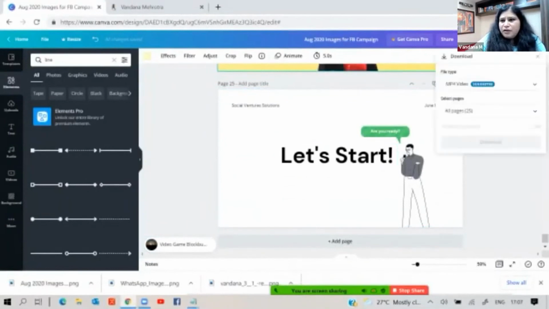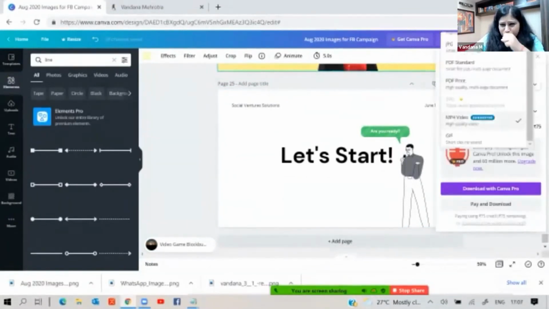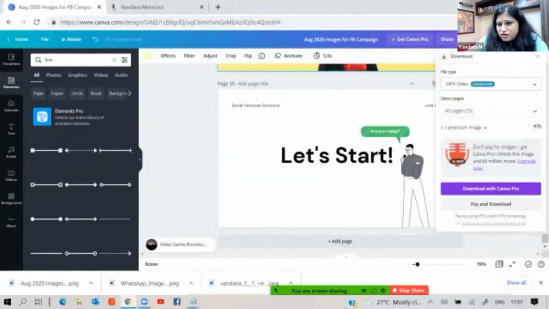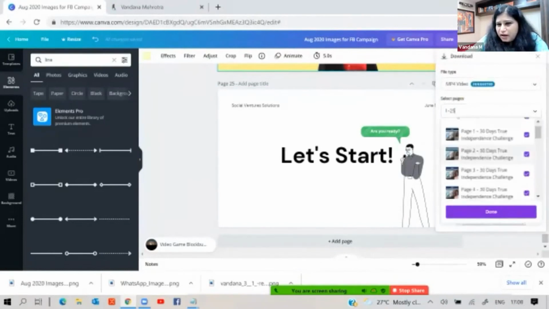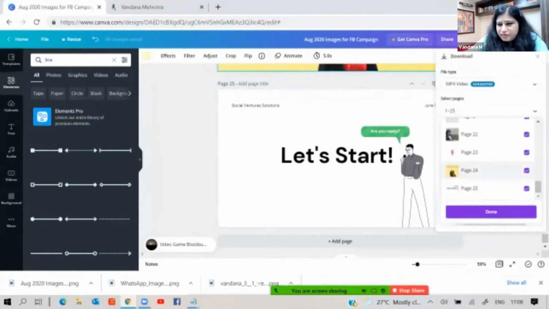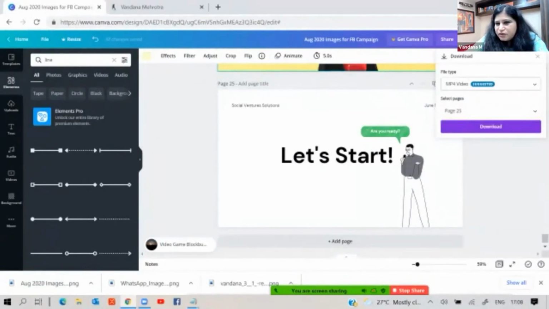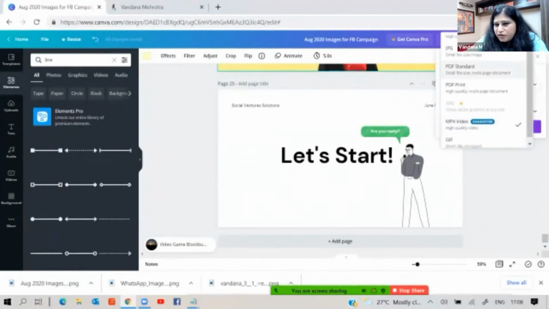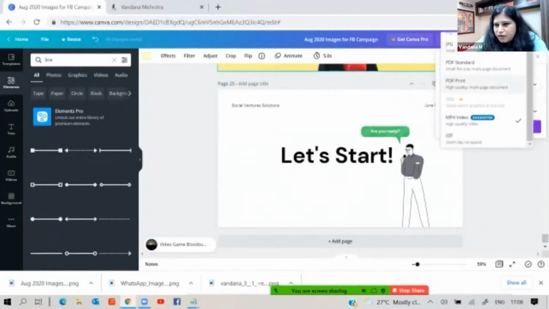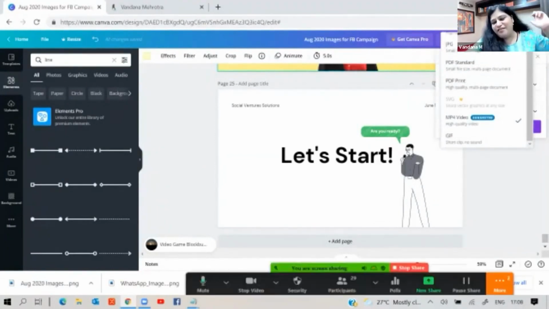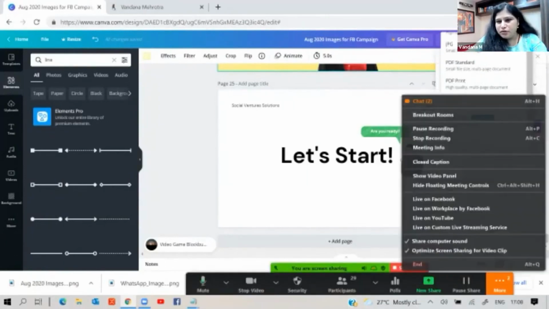MP4 video. It is saying MP4 video, because I think the format that I chose was a video, so let us take that, or simply a GIF file you can also create. This is slide number 25. So I'll unselect everything and select only slide number 25, and just say done. I wanted MP3 here more than MP4, but that option is not there. Just an audio file, because there's a lot more happening in this file, since I didn't take a plain file. But if you take a plain file, it will give you that option.